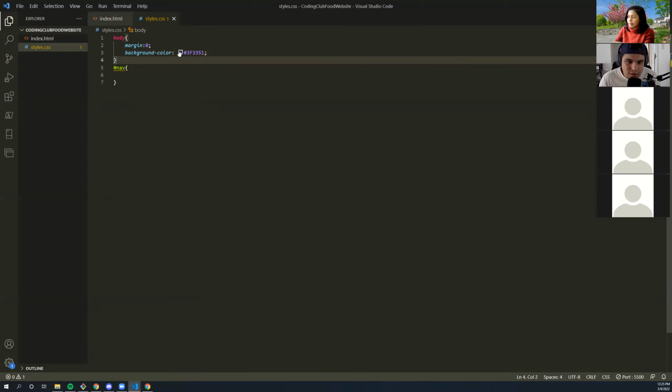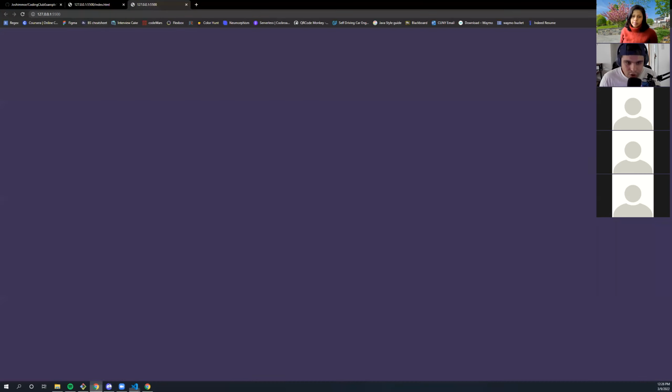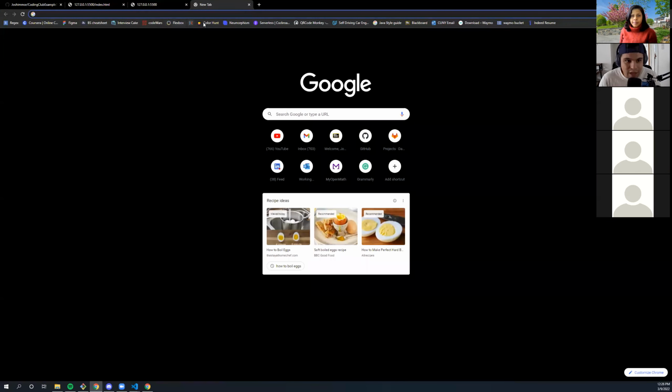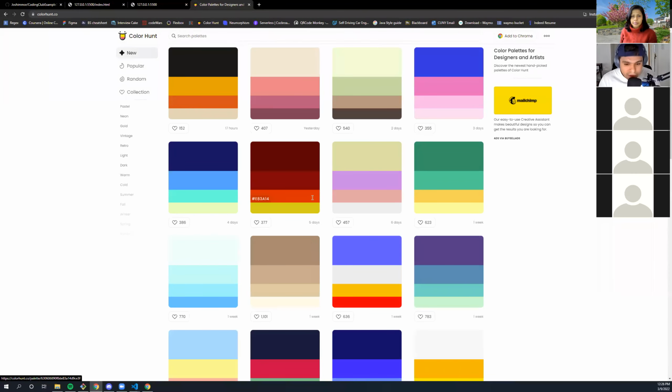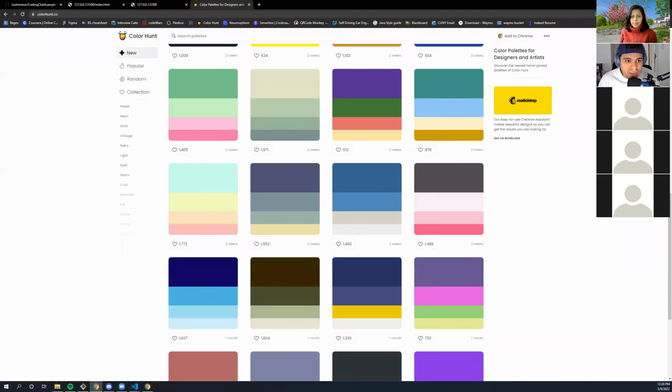I chose this color. I'm not creative or super design oriented, so I use a lot of tools. I use this app called Color Hunt, which gives me really great color palettes, and it's really helpful when designing.